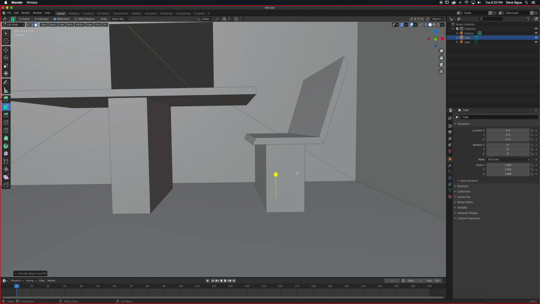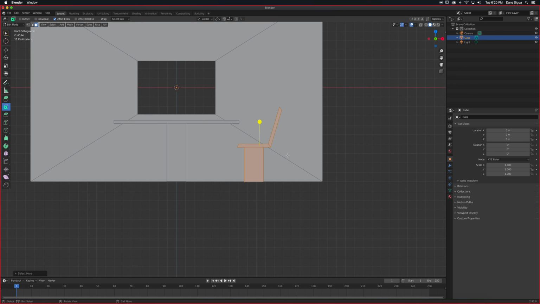All right, and then I'm going to select all this. So I'm going to go Control and plus on the numpad to increase my selection. If I go to the front right here, I'm just simply going to duplicate this. Okay, and then rotate it. So RZ 180. There it is, and then just kind of eyeball and position it.